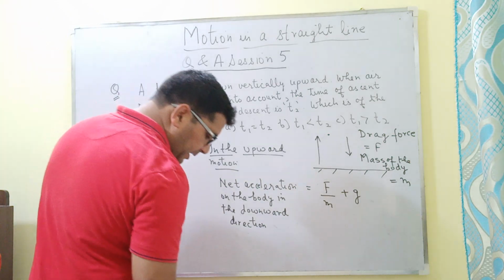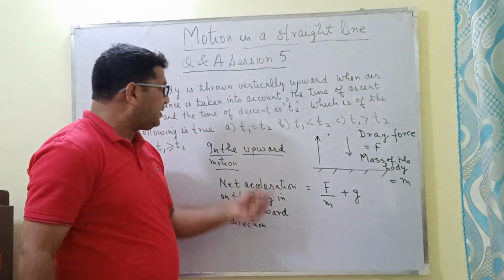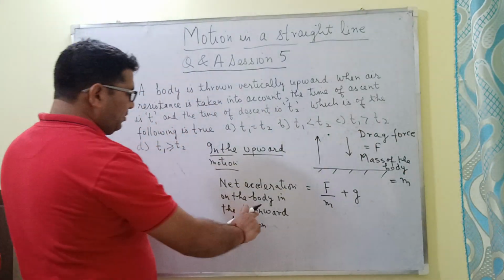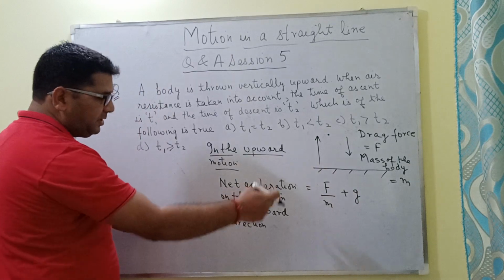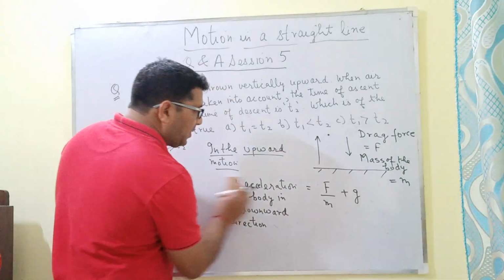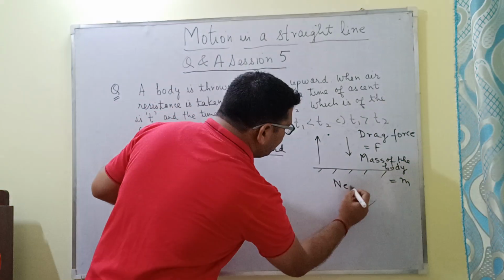Now let us come to the next point, that is, we have to find the net acceleration of the body when it is coming down. So the net acceleration of the body in the downward direction is equal to F upon m plus g. So I will be writing this value here. That is the net acceleration